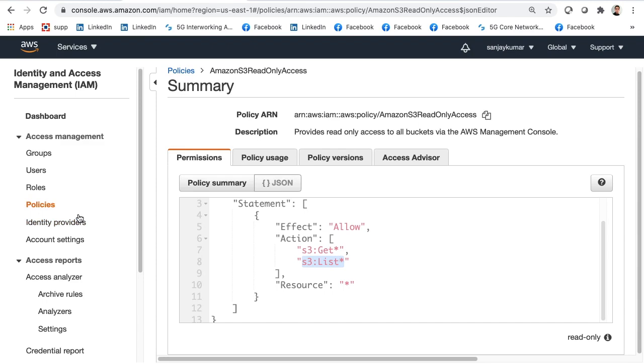Policies are JSON documents, and they define the authority available for that particular user, group, and role. One user can be a part of multiple groups, and one group can also have multiple users. At the same time, groups, users, and roles can have multiple policies assigned to them. It's not that they can have only one policy.